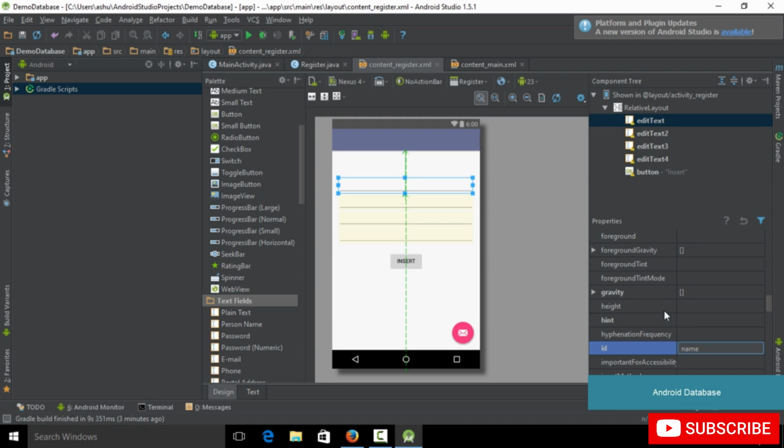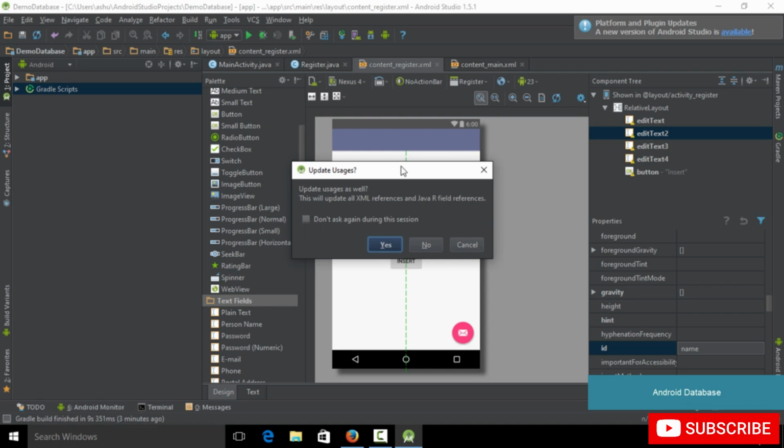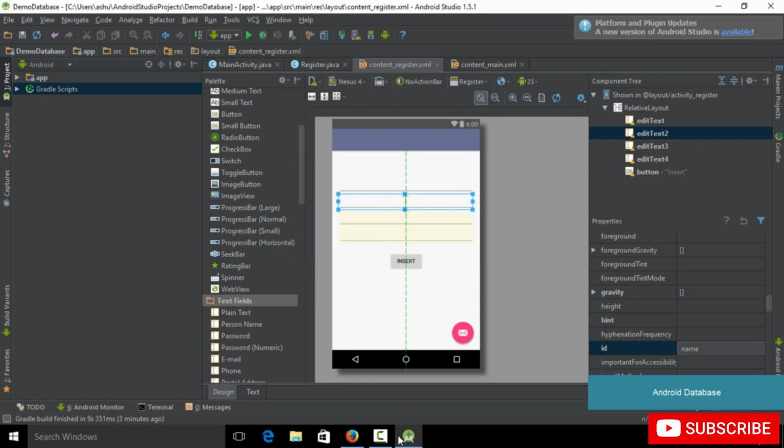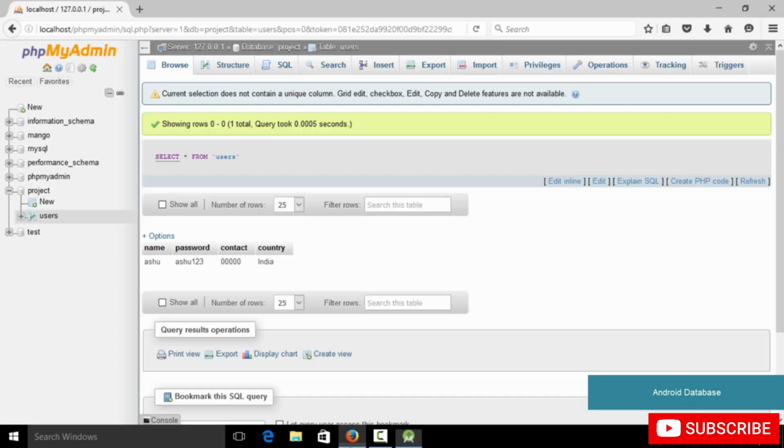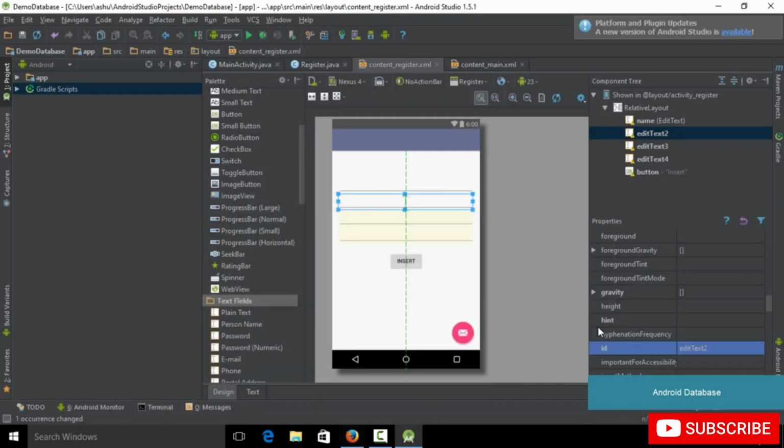Change this thing to name, and for the second one, this is basically going to pop up for the very first time. Simply select this and click yes. So the name, or the ID, of the next field is going to be password. So select the next one, change the ID to password, select the third one,